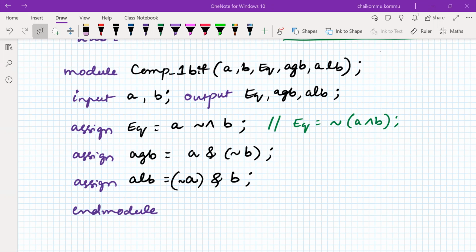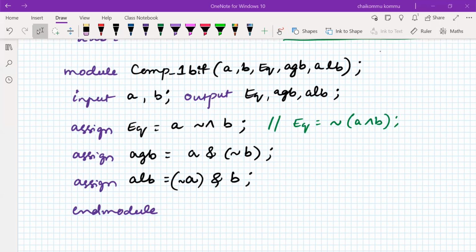So what is the main focus in engineering? Simplicity is the most important. How simply and how effectively we write is very important. For the sake of the syllabus, if I ask you to write the data flow modeling for a 4 by 16 decoder, for example, you have to write it. There's no option. But in reality, that may not make good sense. So better to write the 4 by 16 decoder with some other means, not with data flow or gate level modeling.